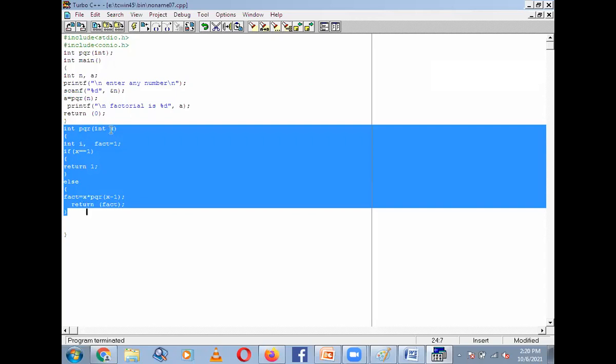In the definition of this function, if the entered number, that is x, is exactly equal to 1, then what to do? And if x is greater than 1, then what to do? If x is exactly equal to 1, then return 1. If x is greater than 1, then go to the else part, that is fact is equal to x into pqr(x minus 1), then return fact. Okay,